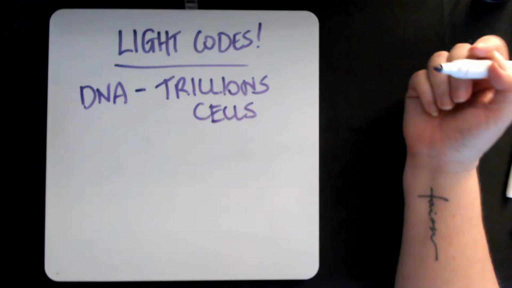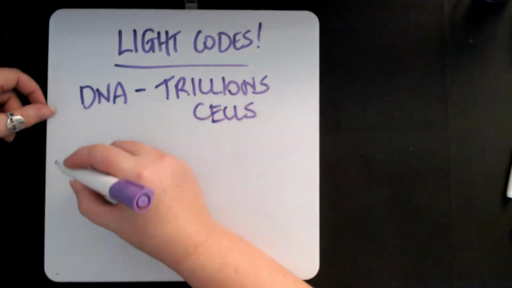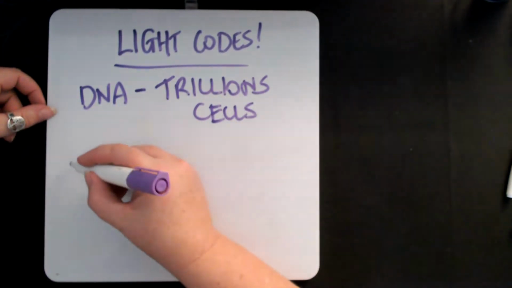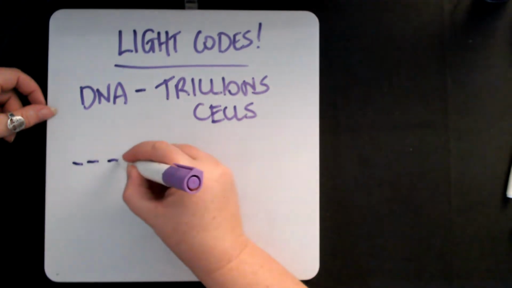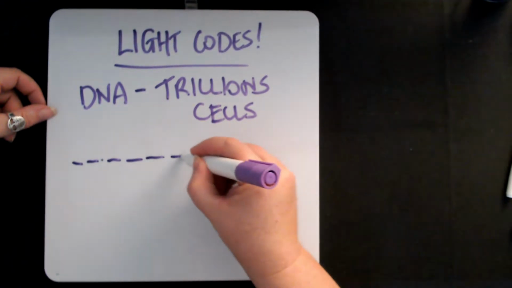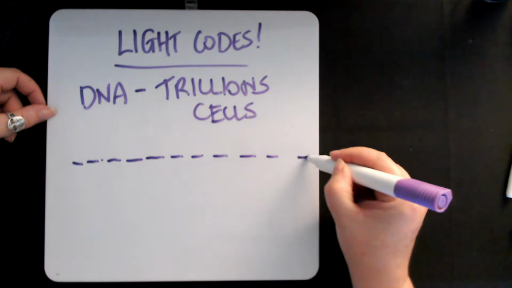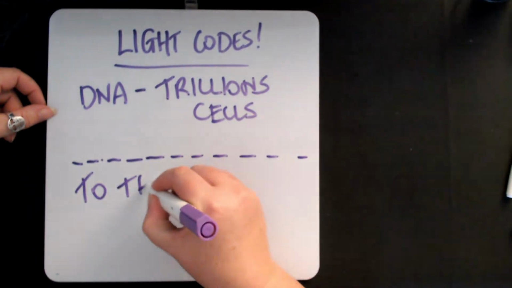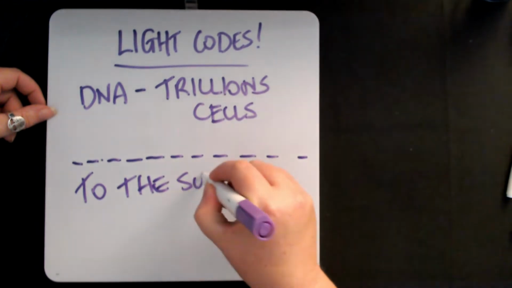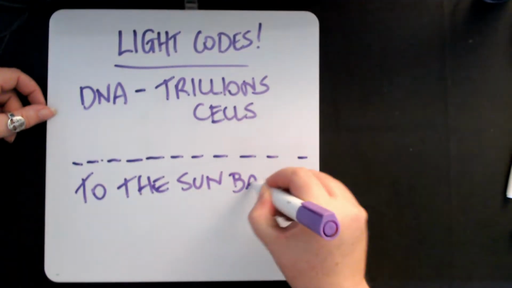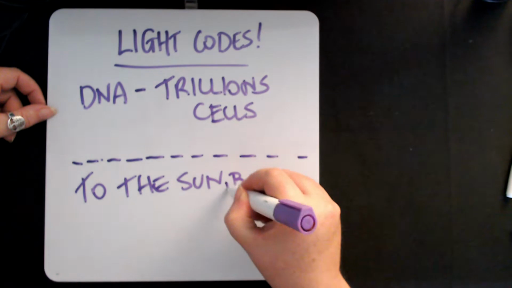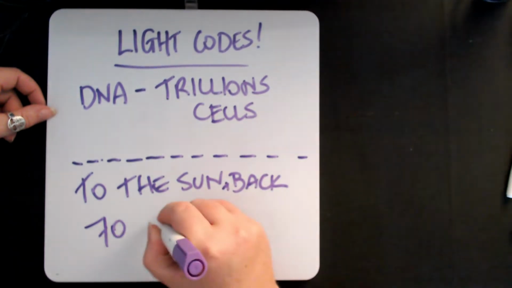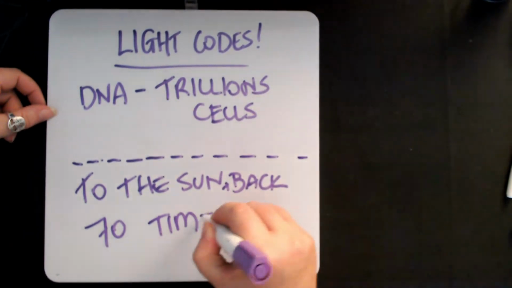Now, if you stretch the DNA out, and you top and tail them next to each other, and you put the DNA that we possess in a line, it would stretch to the sun and back. Get this, to the sun and back, not once, not twice, but 70 times. That's how much DNA the human body